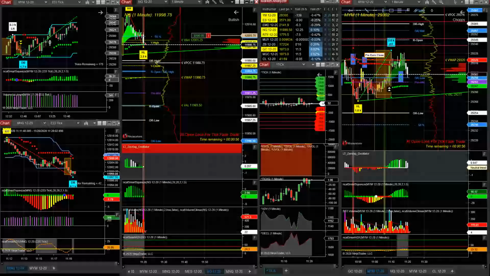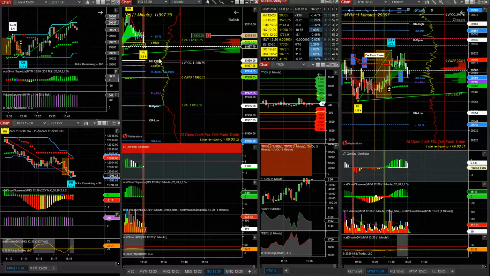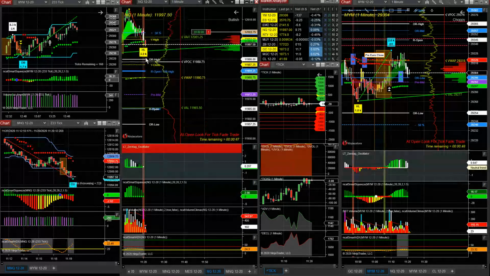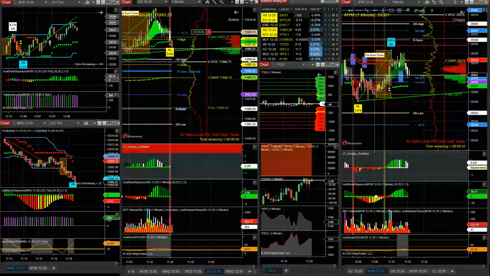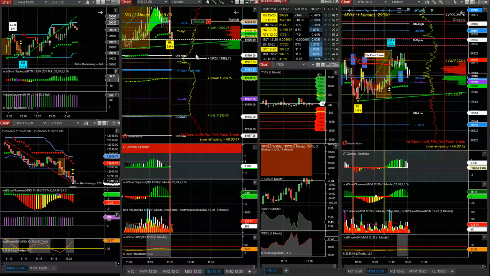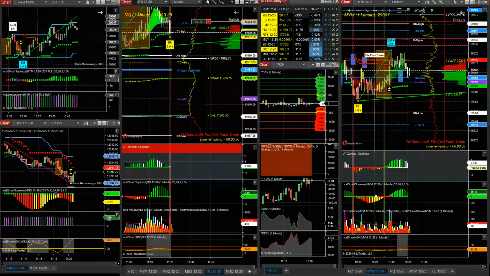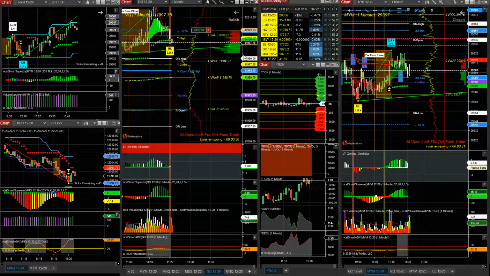Okay, we got a crossover, it got a little tricky. You've got a pivot here. But if you break the trend line here, there's money. If you break this trend line, if we come here, it'll be a money trade. Here we go. See that? Bounce right back up. It's getting kind of whippy here.